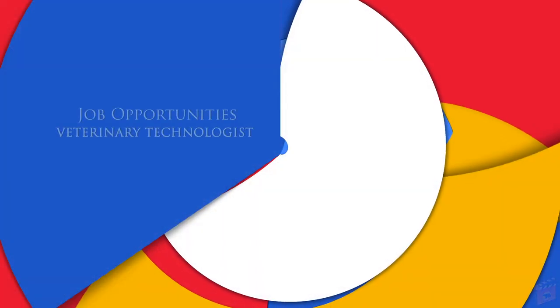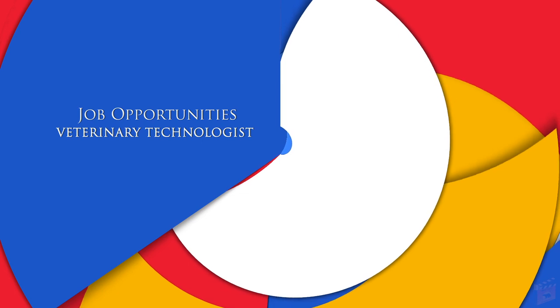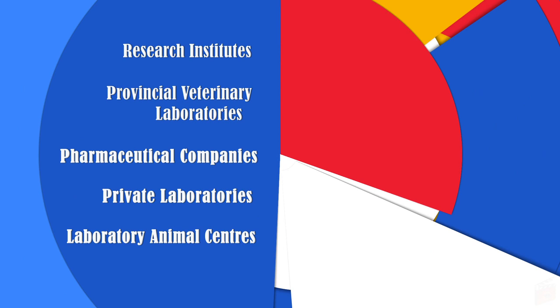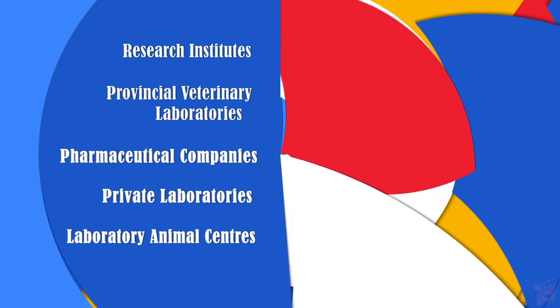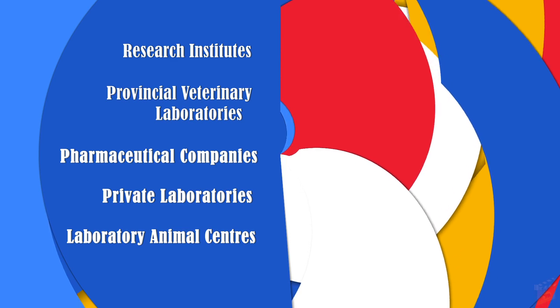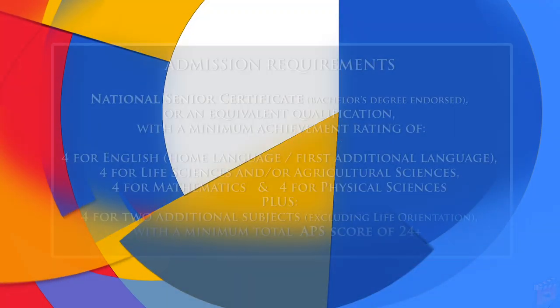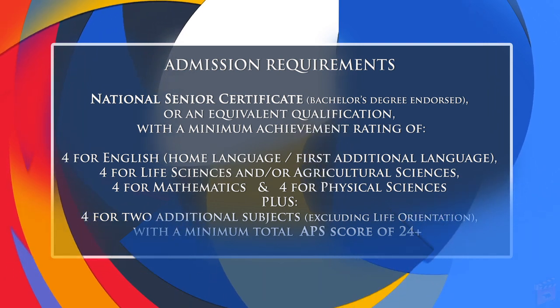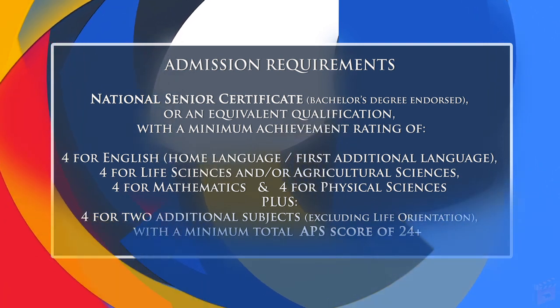The job opportunities available to a veterinary technologist are at research institutes, provincial veterinary laboratories, pharmaceutical companies, private laboratories, and laboratory animal centers. The admission requirements are a National Senior Certificate with an endorsement of a bachelor degree or an